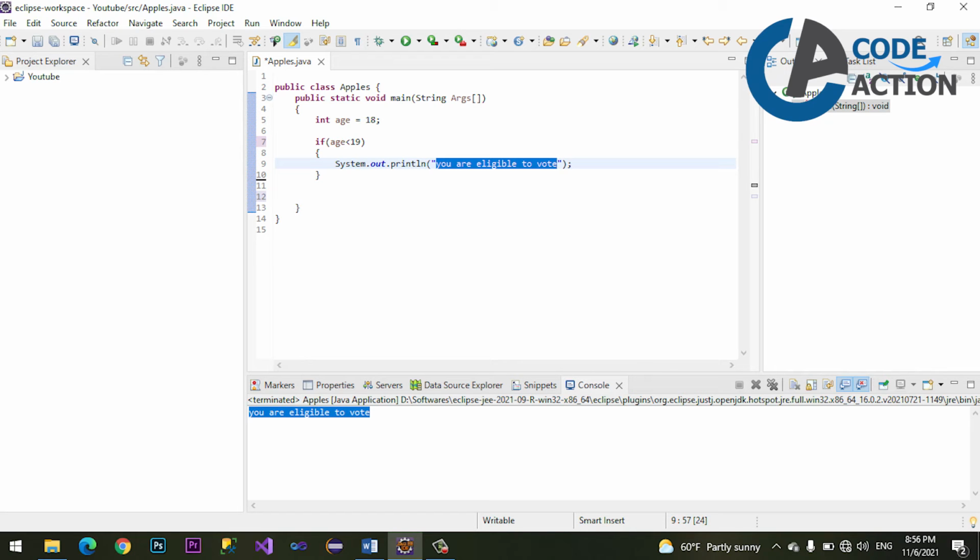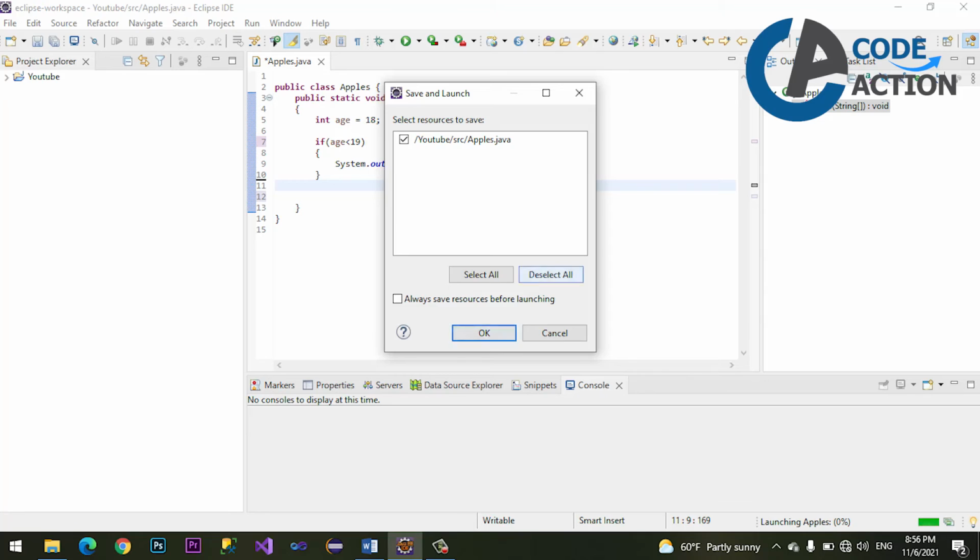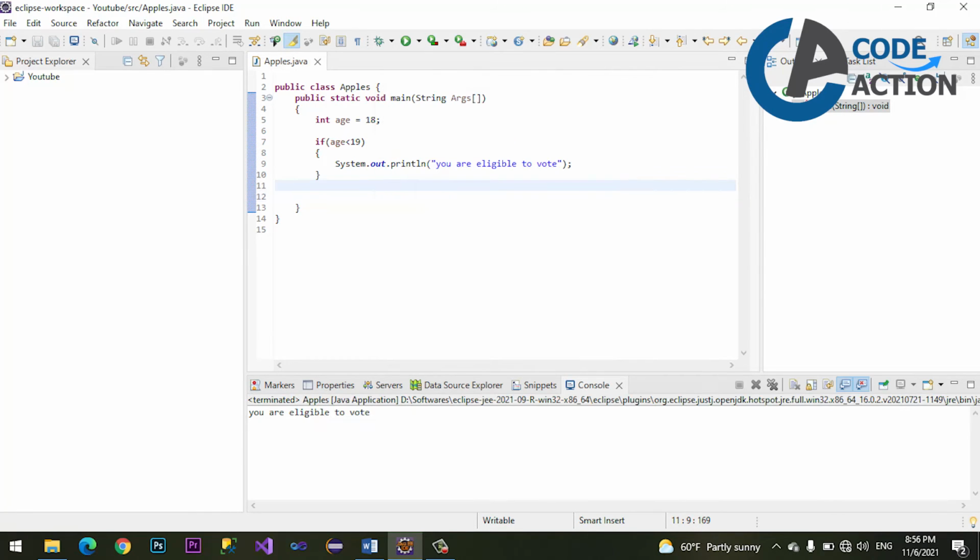If it's not, do nothing. You are eligible to vote means the value of age is less than 19. You can change the message. You are not eligible, because 18 is not eligible.